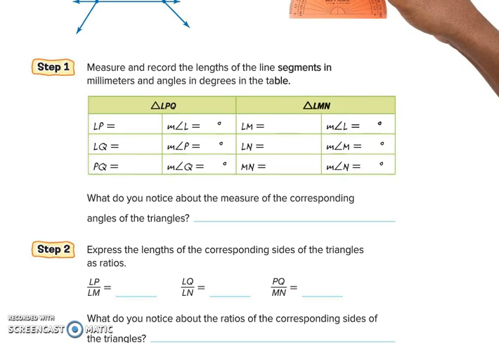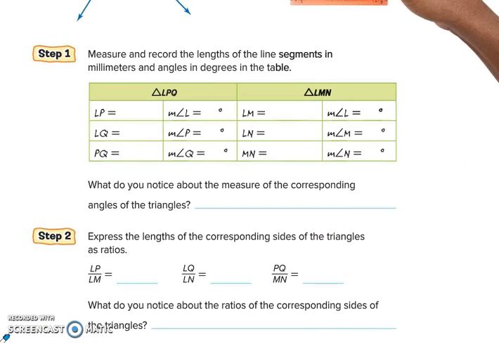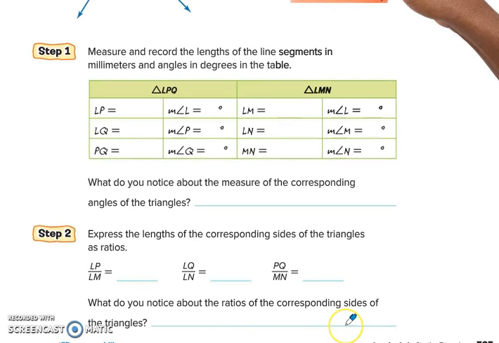scroll down to the last part here. Let's take a look at our side lengths. Now the side lengths, to compare those, we're going to set up some ratios here. So let's set up the ratios, and I'll pull the ones that we had up here again in a second. But if we were to write those, we would set them up as basically a fraction